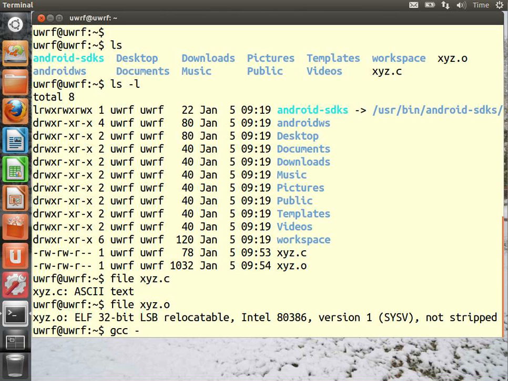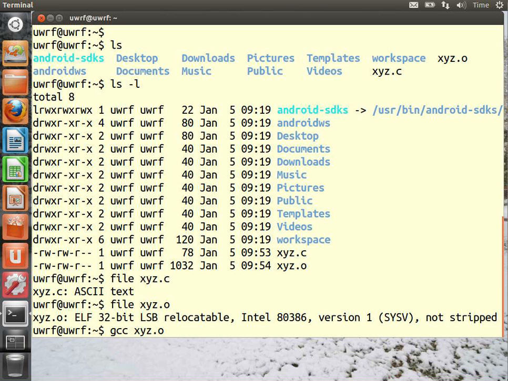So now I'm going to say, well, you have an option here. You can say, I want to name the output file. And typically you would call it something like xyz. In Linux, you don't need anything like .exe, which you would find in Windows. You don't actually need that exe file extension for executable files. So what I'm going to do is take the default for now. So I'm going to say gcc